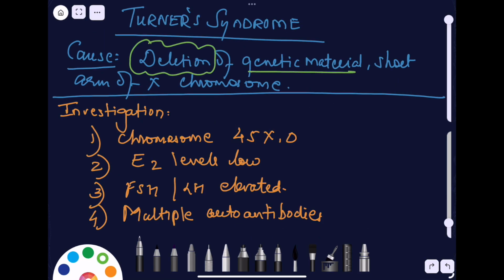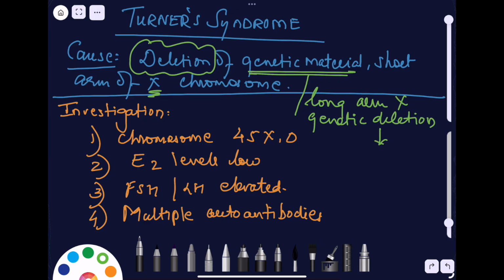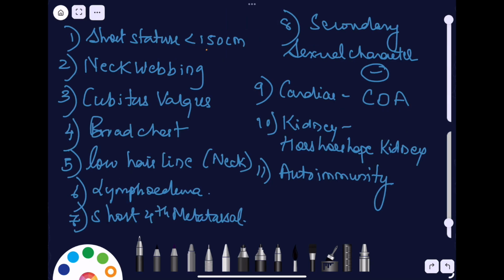Next in female intersex is Turner syndrome. This happens when there is a deletion of genetic material from the short arm of an X chromosome. With investigation, chromosome testing shows 45X0 as there is loss of one X. Estrogen levels are quite low. As the estrogen level is low, the pituitary will produce increased FSH and LH, and this patient also has